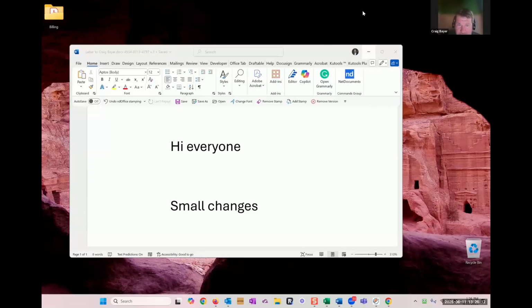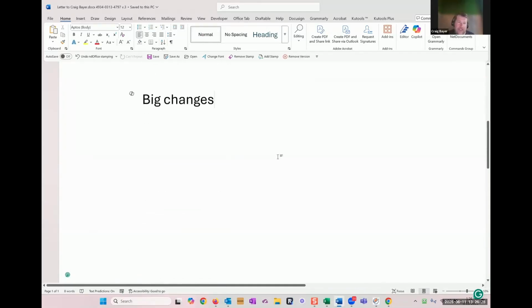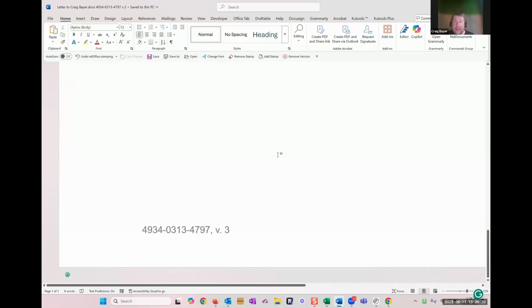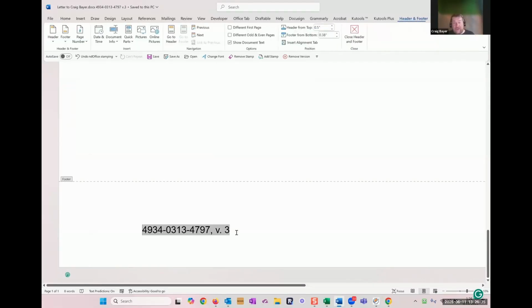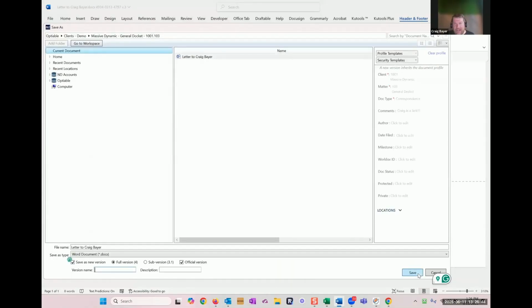Now I'm gonna show you some extra stuff, or lagniappe, as we say in Louisiana. So people, especially people that came from a previous iManage document software world, have some issues with the doc ID here. First off, they want to remove the doc ID because they're turning this into a PDF or something, but delete. Okay, well then when they do save as and they save the document again,